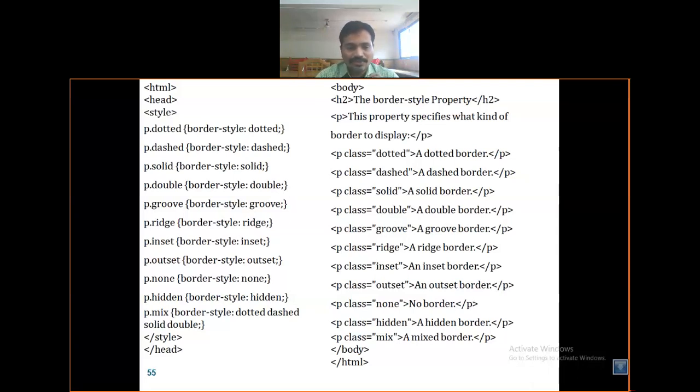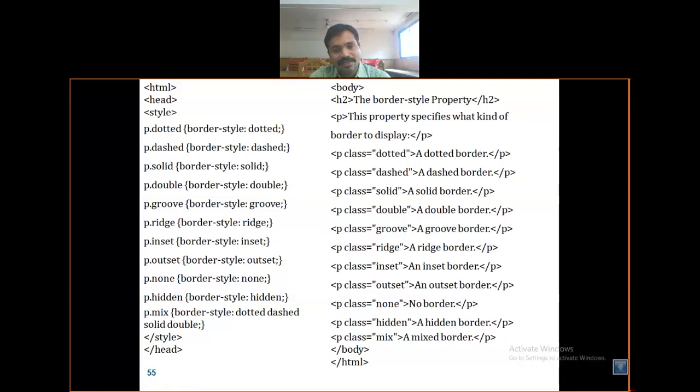In this case we see p.dotted. I make a paragraph with dotted lines. So, border-style: dotted. In the previous example we saw the theoretical part, but with the help of this example you can see how to make your border within CSS. In this case, for border style you can write dash, border-style solid, or you can make double if we want that. A colon is required, and at the end you write a semicolon.